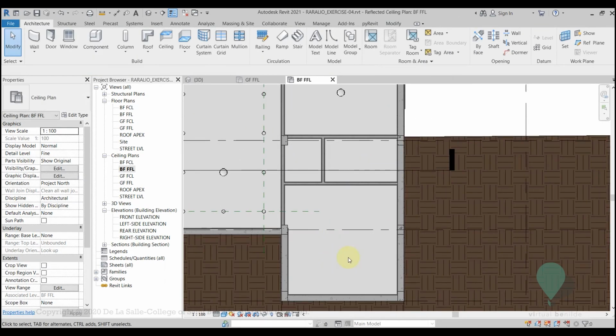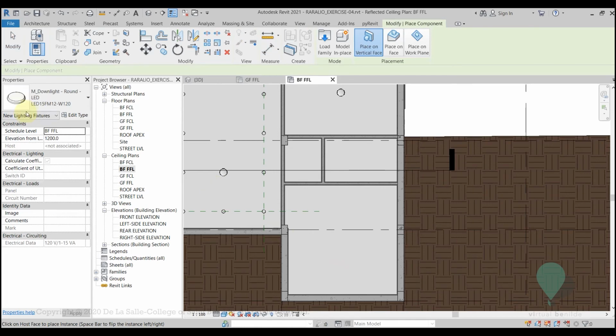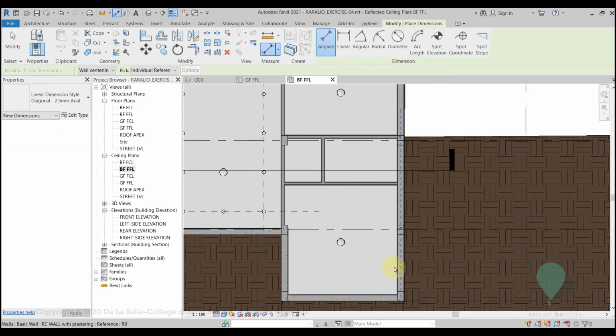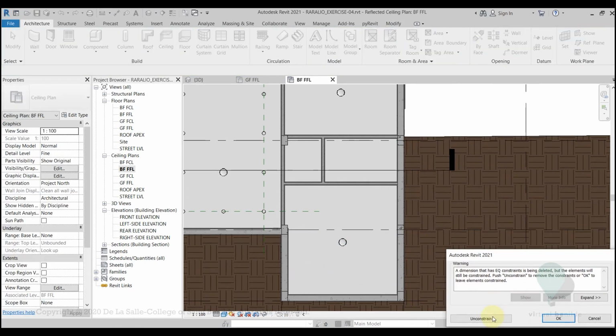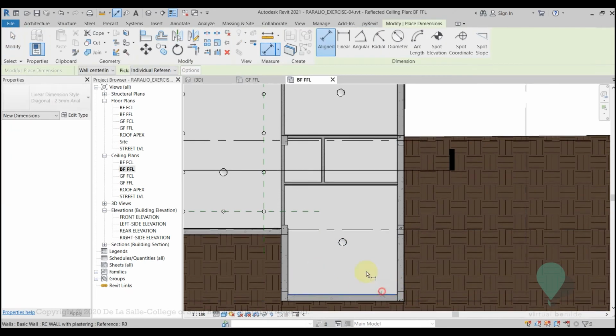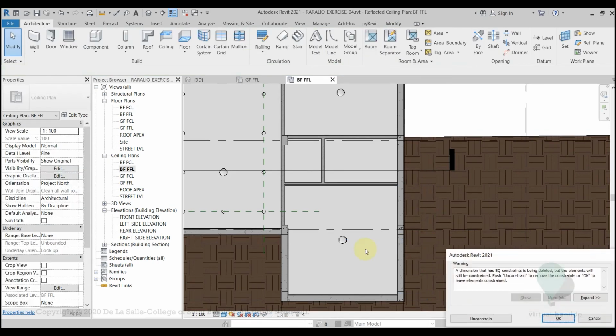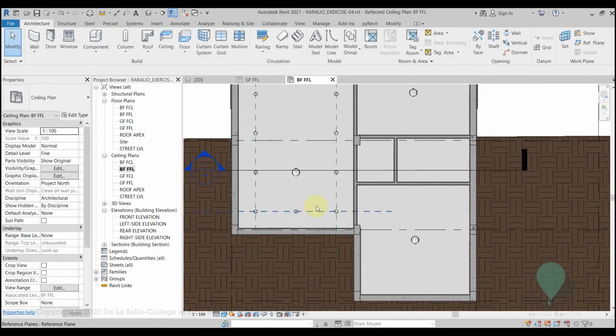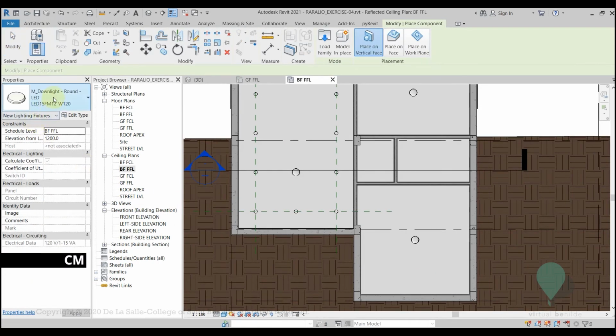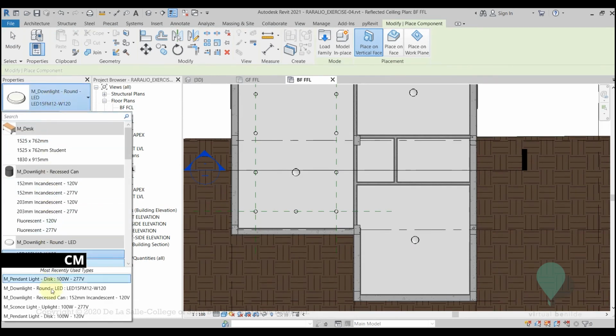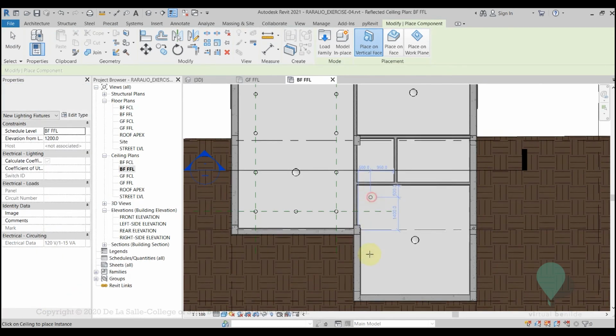So this is a bedroom, so I'll just type CM. I'm using the same light, place on face. I'll dimension this from edge of the wall to edge of the wall. EQ, delete, and here EQ, delete. Pin lights. So I'll type CM once again to activate the component, and recessed can, I'll add 4